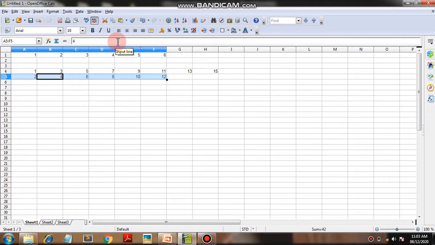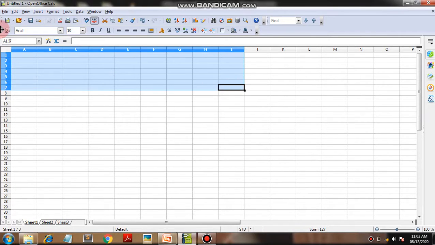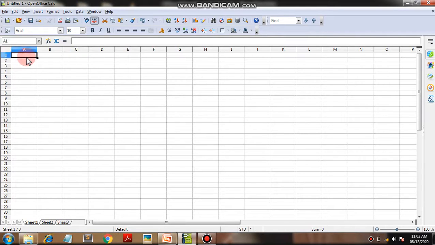Now next is the autofill tool, a relative address or absolute address. Now let's see an example. Suppose here you add a 1, write marks of maths, given a heading as maths, science.